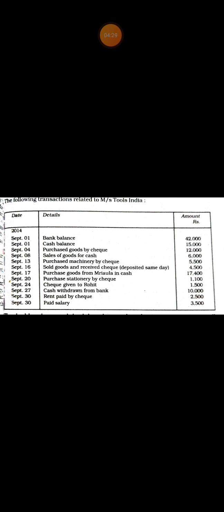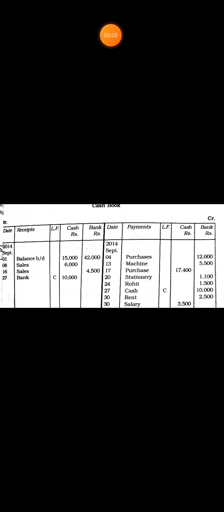These are the transactions. Prepare double column cash book. Solution: double column cash book. First column date, then receipt, ledger folio, cash, bank, again date, payments, ledger folio,